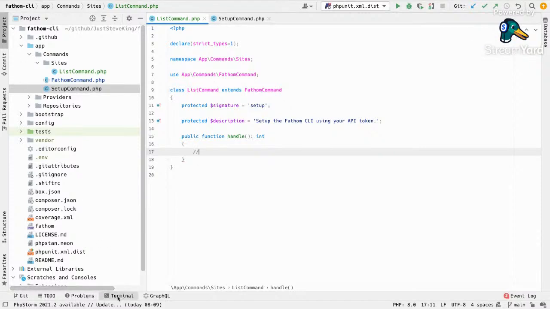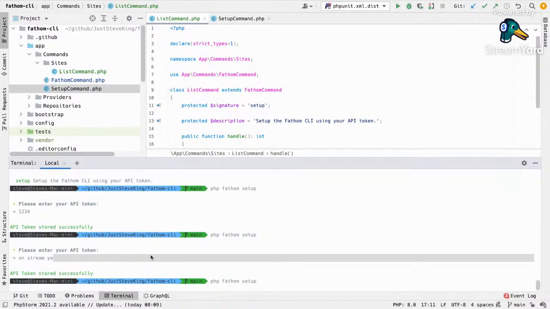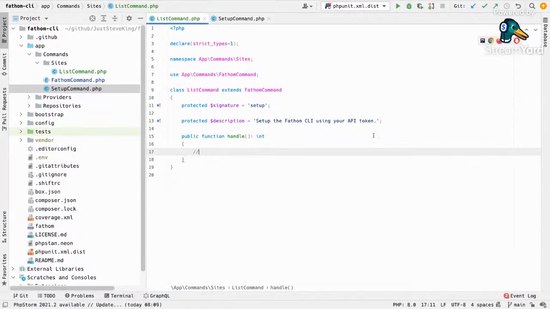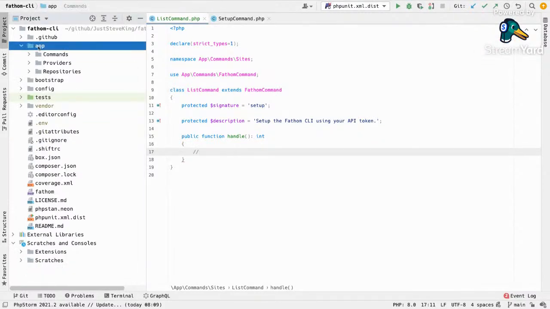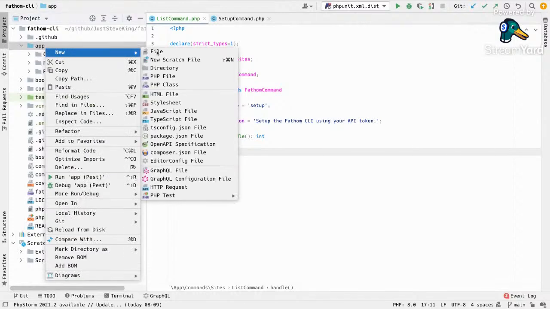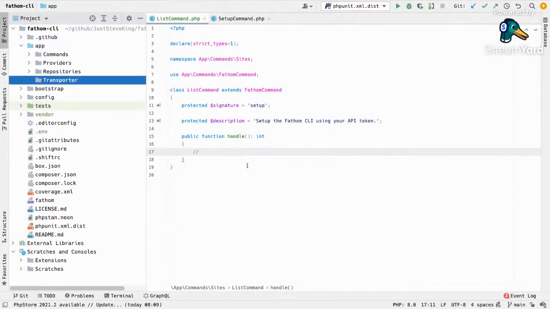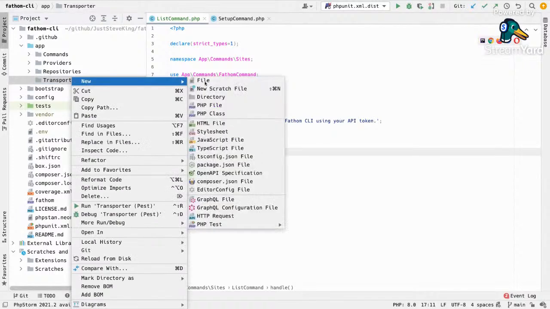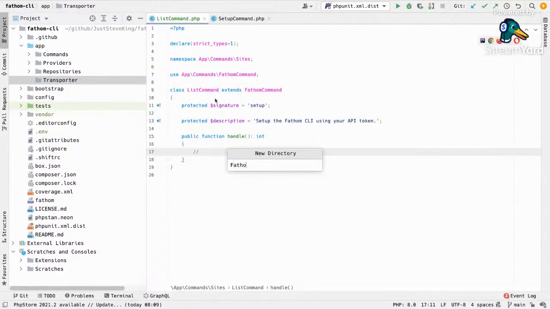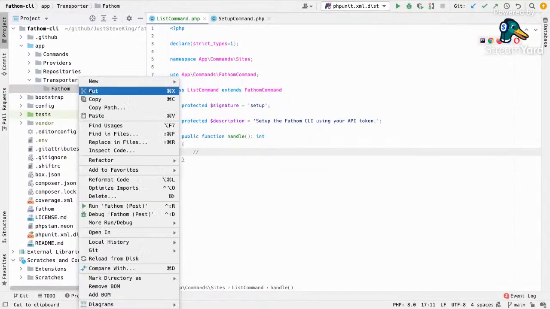So if I run PHP Fathom, no, I don't want to do that. I'm going to use Laravel Transporter for this. I could use an HTTP facade, but I love using Laravel Transporter. I built it, I may as well use it, right? So create a new directory called Transporter. It's already installed. So all I need to do now is within here, I'll create a Fathom,